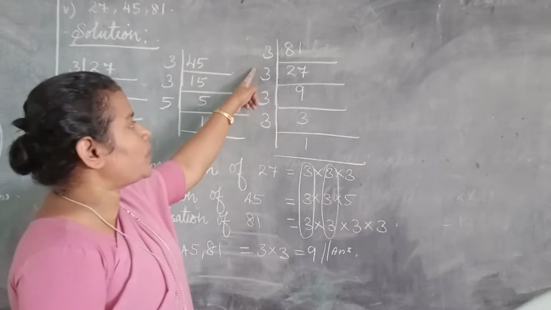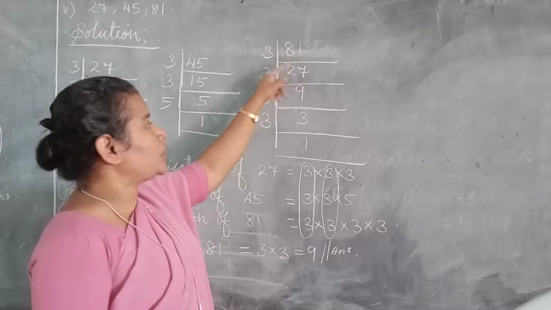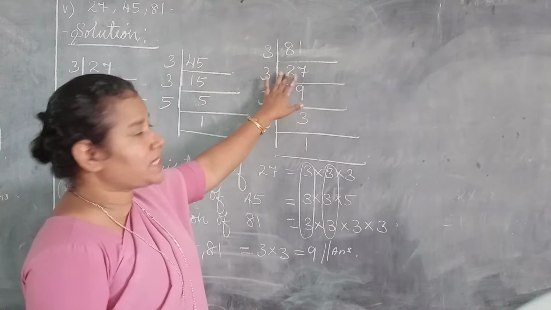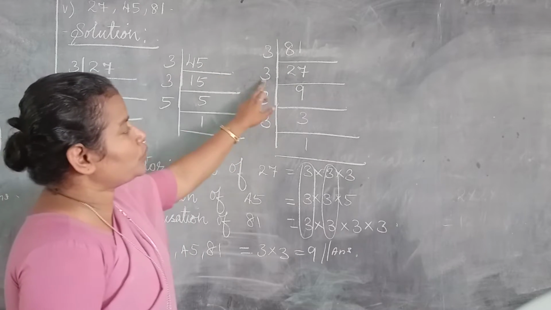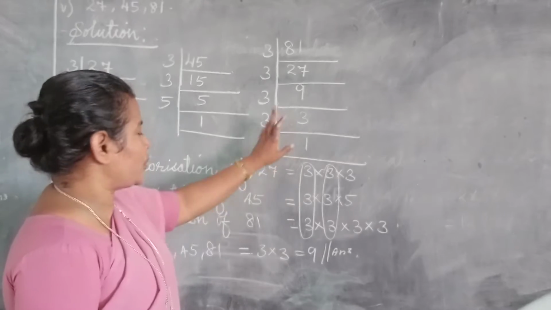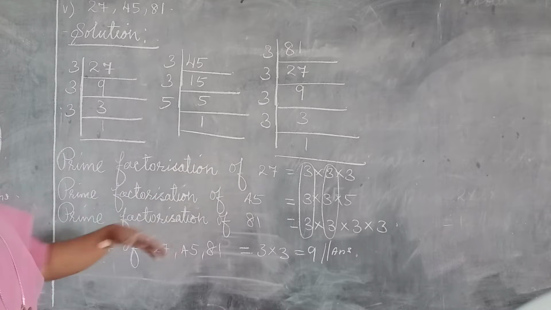Now next 81. 81 also 3. 8 plus 1 is 9. 9 is a multiple of 3. So 3, 27 3s are 81. Again 27, they are given here. So 3 9s are 27. Again 3 3s are 9. 3 1 is 3. Now we are writing the prime factorization of 27 is equal to